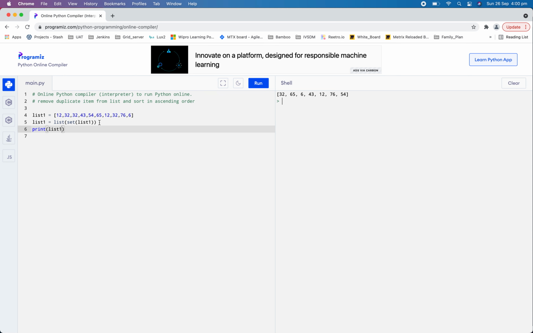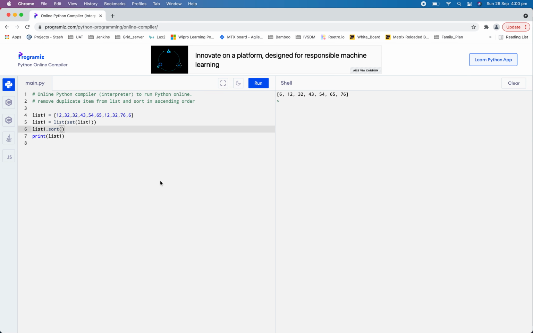Now the other requirement, step 2, was to arrange this list in sorted order. So it's very simple. There is an inbuilt method called sort, which by default will sort the list into ascending order. You can sort it into descending order by passing a key value. However, my requirement was just to sort in ascending order, so I used this method called sort. If I now print this, you can see it has been sorted. Hope you find it easy.